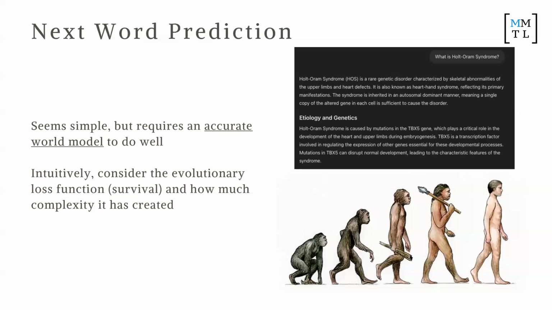Okay? Now, intuitively, a sort of thing that a lot of people understand as soon as they hear it is consider evolution, right? Evolution has a very basic optimization function as well, which is simply survival. But keep in mind how much complexity it's created now in the world, right? So it's the same here. We have a lot of complex behavior from AI despite having a very simple optimization function.